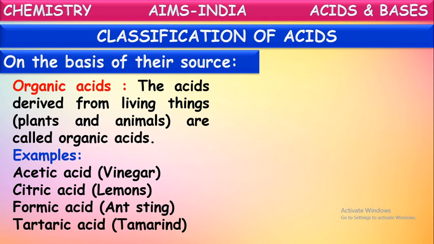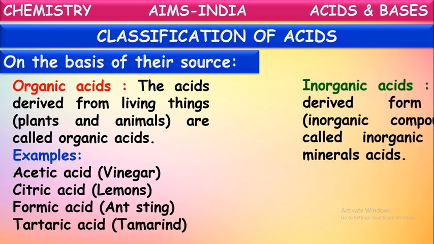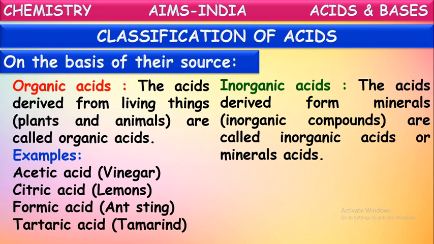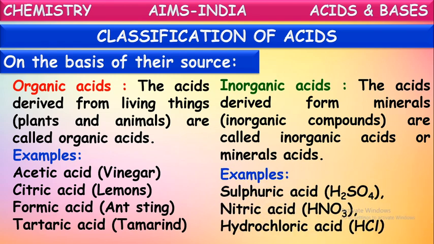Okay, one more category of acids based upon the sources is inorganic acids. The acids derived from the minerals are called inorganic acids or mineral acids. The acids which are prepared in the laboratory, we can say them also synthetic acids. The acids which are prepared in the laboratory and derived from minerals, like inorganic substances, are called inorganic acids or mineral acids. For example, sulfuric acid,